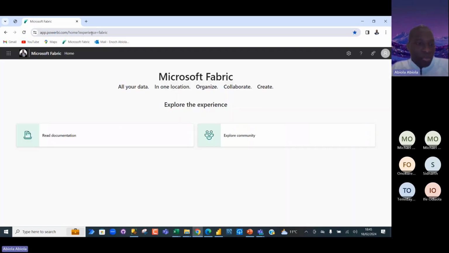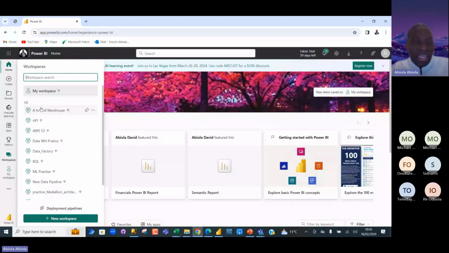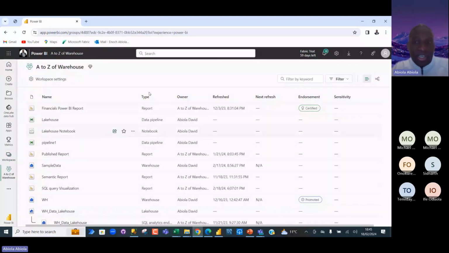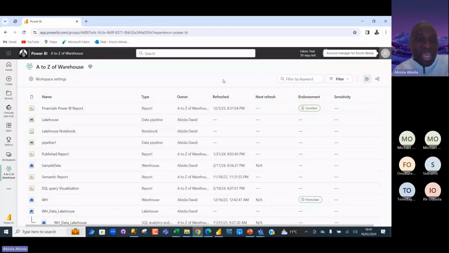And then when I come to the bottom here, I can click on Power BI. And then when I click on the workspaces, I can see this person has access to all the items in the workspace. So this is the account of the person I actually added. Now, as an admin, you need to know whether the person you want to give access to all the content in a workspace requires access to that content or not. So let's say I actually want to take out this privilege or permission.